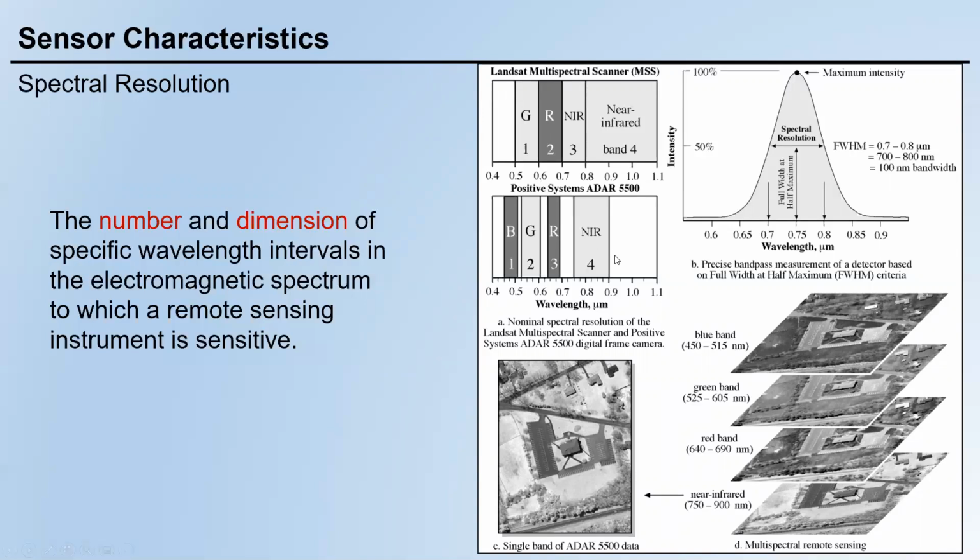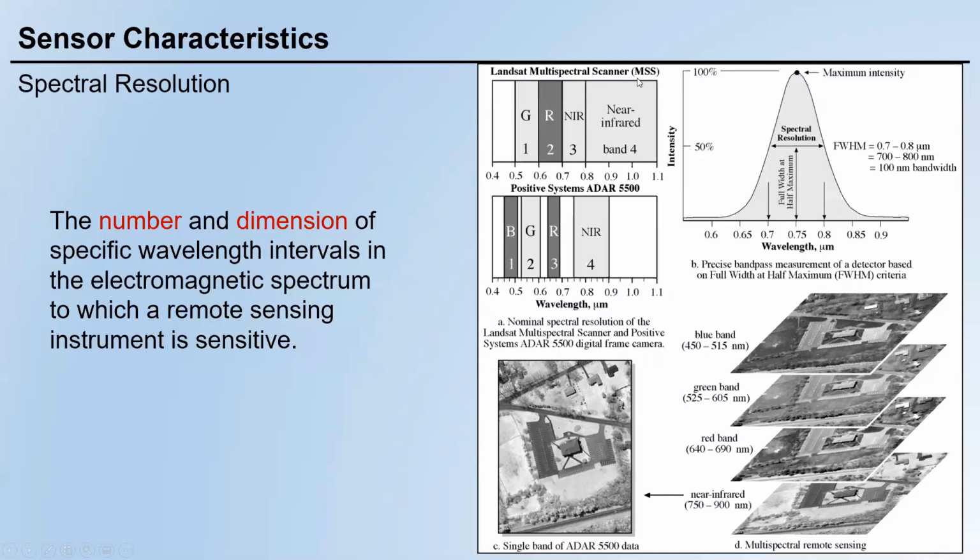Also 4 bands. Band 1 blue, band 2 green, band 3 red, band 4 near infrared. So in terms of number of bands, MSS and ADAR 5500 have the same spectral resolution. But let's focus on the second aspect of spectral resolution, which is the dimension or the width of specific wavelength